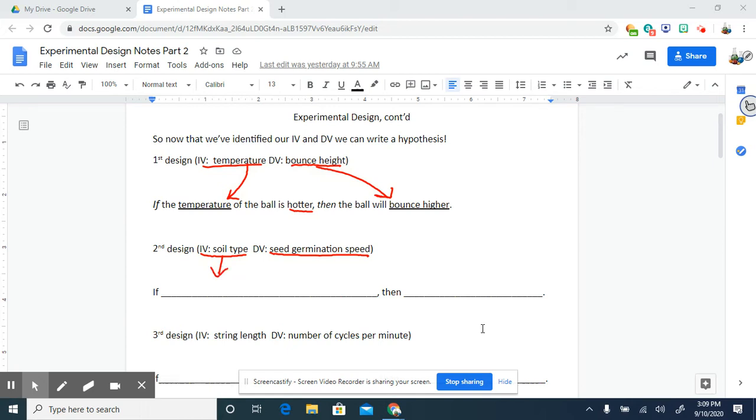Well, we can't put if the soil is type. That doesn't make any sense. What types of soil are there? What kinds of ways can you describe soil? That's what you need to be thinking about. It could be sandy soil. It could be rich soil. It could be expensive potting soil. It could be cheap dirt from the backyard. It could be silty soil. It could be wet soil or dry soil, whatever you think, but it's got to be some type of soil. It's got to describe the soil. So we're going to go with sandy. So if the soil is sandy,